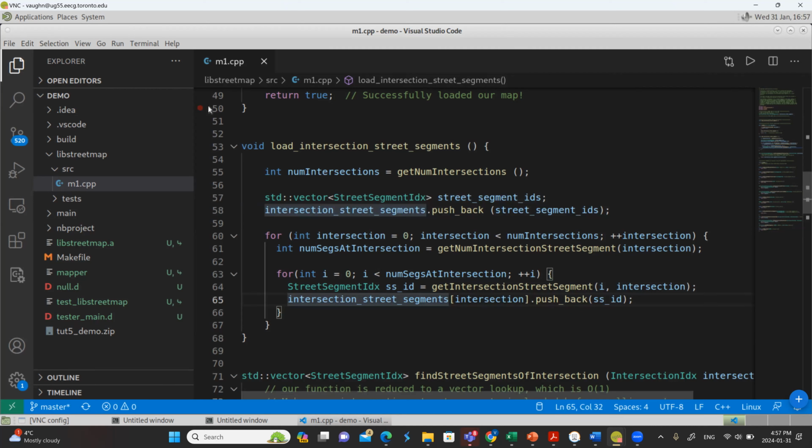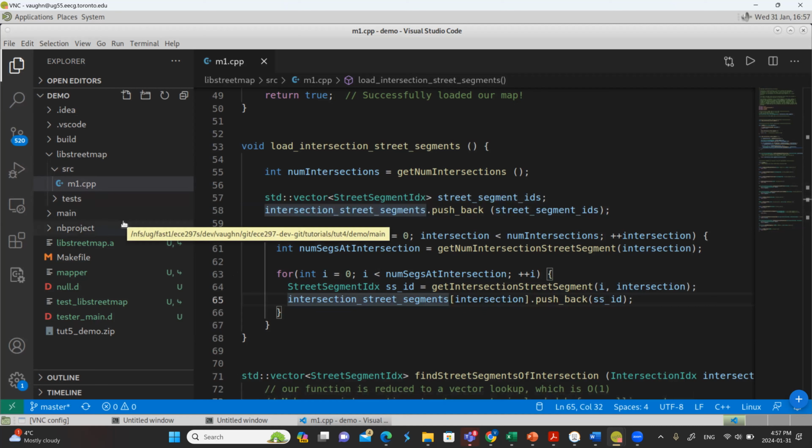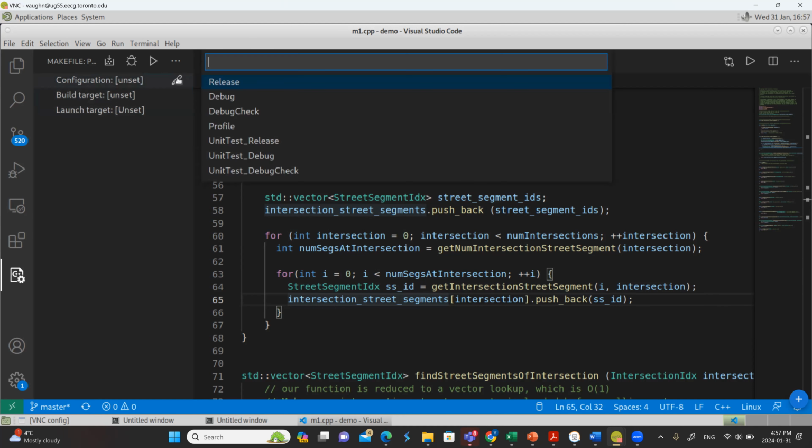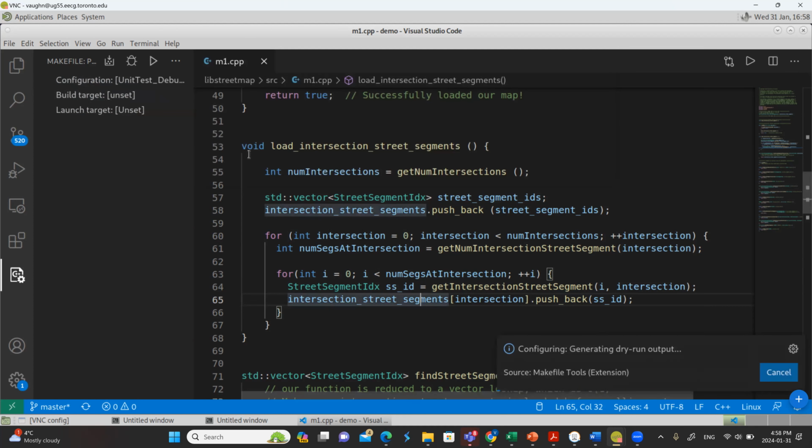Put a breakpoint at line 47 and then try to see what is actually happening. Yeah, that's exactly right. So what I should do now is, I know roughly where it is, but I still can't figure it out. I've got to watch this execute. So I'm going to click on these makefile tools here. And this is another strange thing about VS Code. You have to tell it what configuration I want to build? I'm going to build unit test debug.